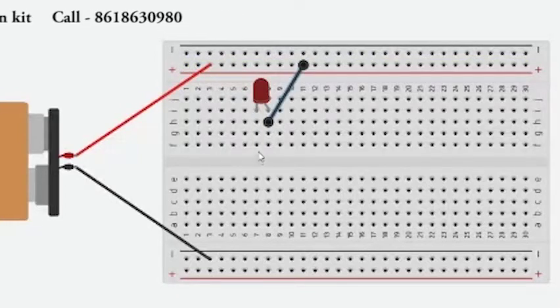At the same time, if I connect the shorter leg directly to the negative terminal of the battery, the LED may burst, because the LED is only eligible to take 3 volts, whereas the battery can pass on 9 volts. So we have to reduce the flow of electricity, which means we have to use a resistor. Let us have a resistor over here.